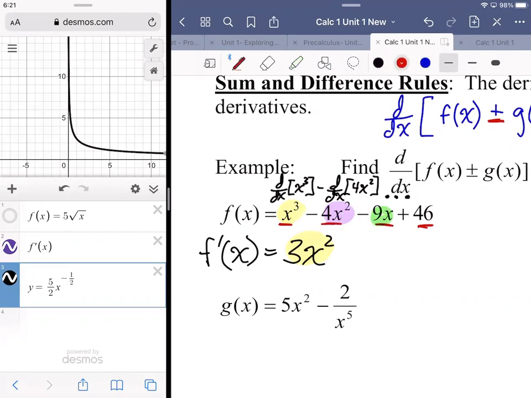All right, so negative 8x, let's see, I want to keep that with the black marker. And then we have that understood power of 1 here. 1 times -9 is -9, x to the 0th power. So that's going to just become a -9. Now a constant has a derivative equal to 0. So any constant value is just going to disappear. So that 46,